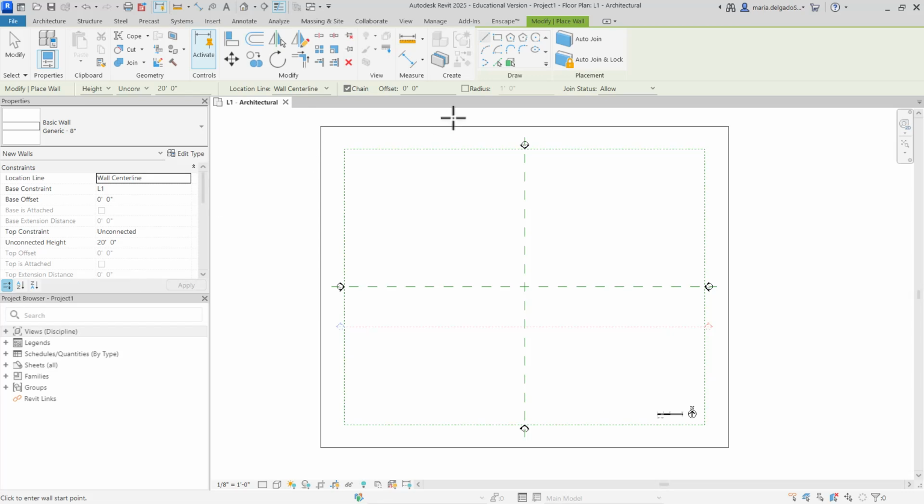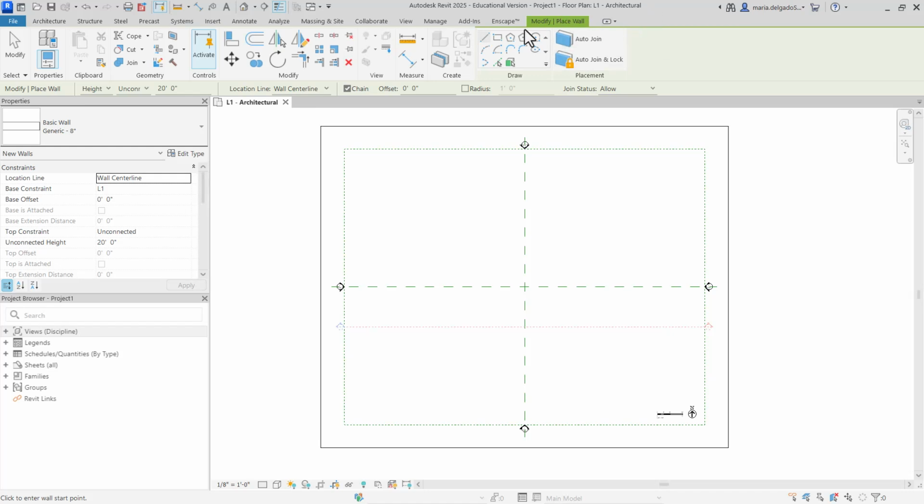Additionally, we have another bar up here called the options bar. You'll also notice that the options bar is green. It's green because anytime you are in the modification tab, the modification tab is open, which again is open because I selected the wall button.